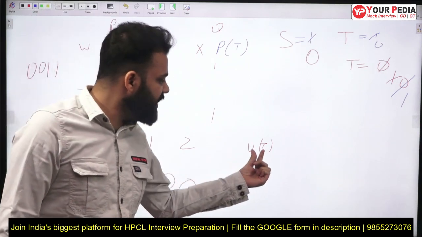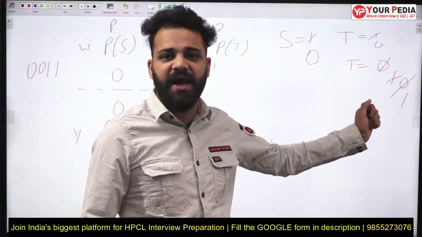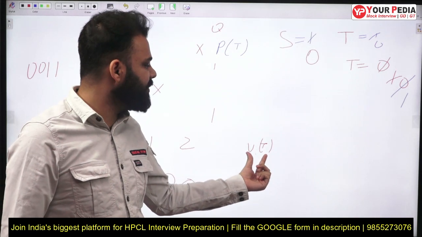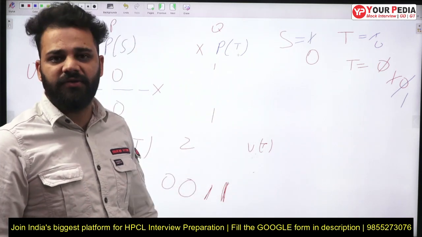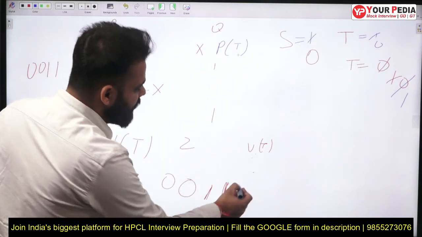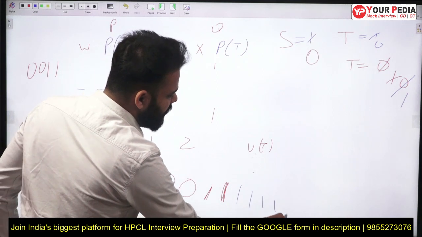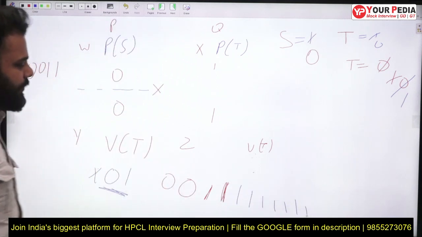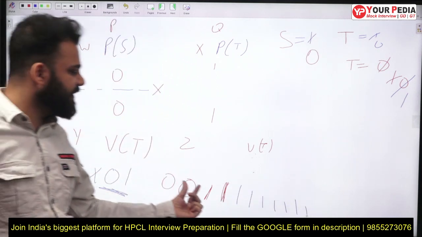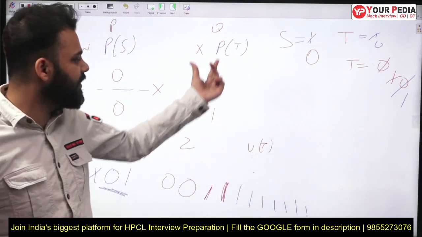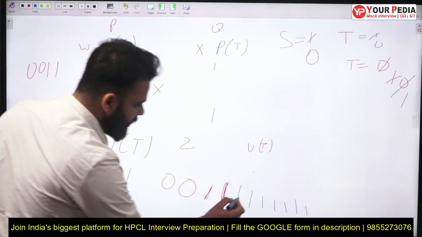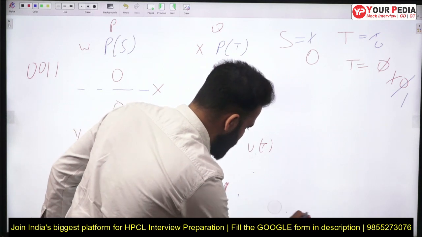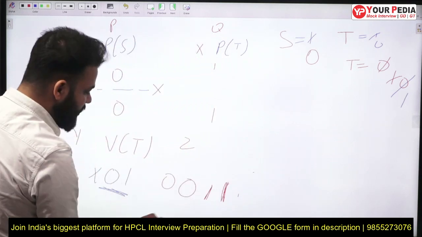But T has been changed to 1, and if T has been changed to 1, P of T will be successful. So the output will keep going like this: 0 0 first, then 1 1 1 1 1, because only this will be able to run. But if you put V of S here,